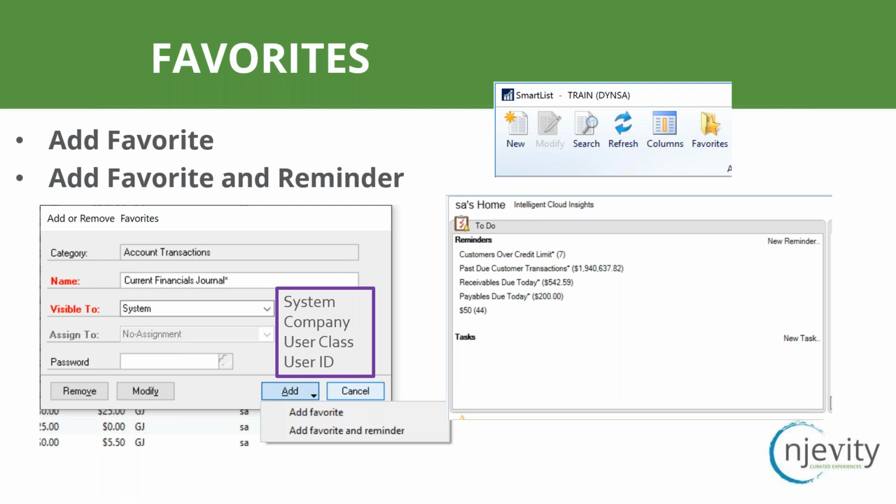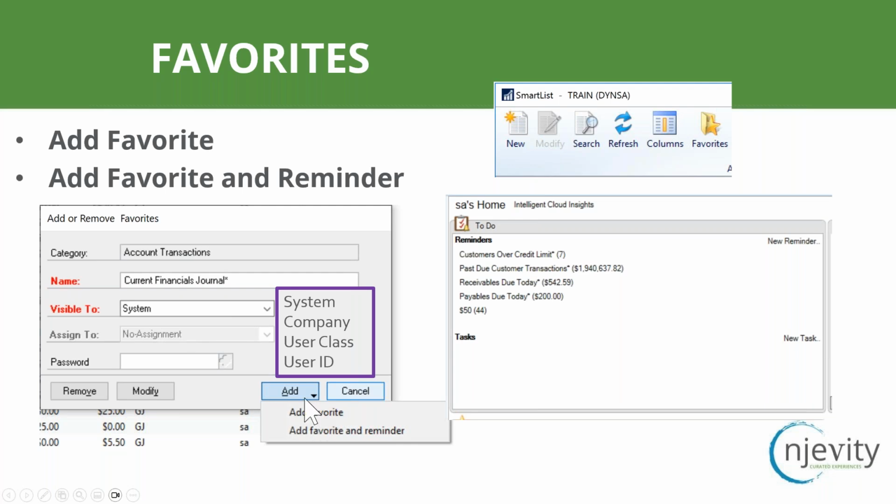Beyond that, if I want to put a password on it, then I can, which keeps somebody from changing my favorited SmartList. They have to have this password to be able to change it. That is, again, quite handy if this is something that you're going to export on a recurring basis and you're going to depend on it for some reporting and you don't want somebody to change it, throw that password in there. So once I've populated all of this, I can click to add it as a favorite,